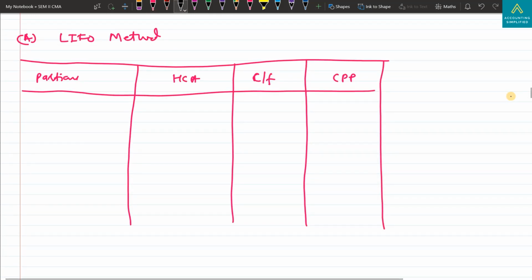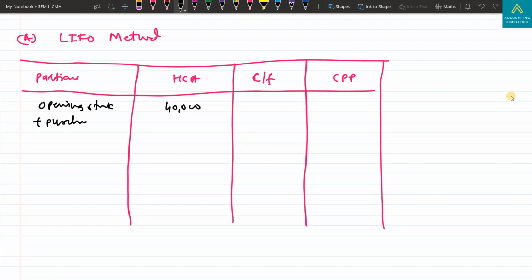So the first thing is opening stock. I am writing opening stock, and opening stock is 40,000. I'll write 40,000 plus purchases is 1,50,000 given. So I'm writing 1,50,000. So total comes 1,90,000 minus